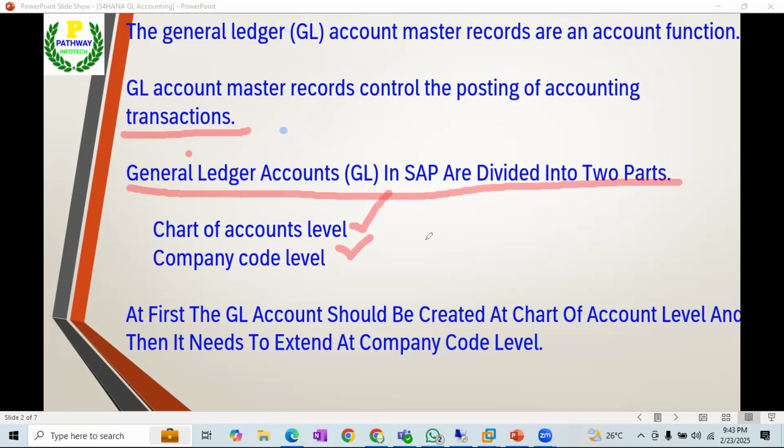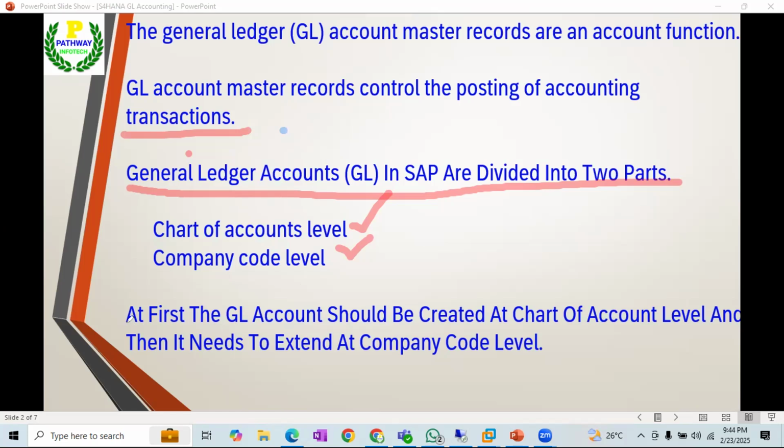In case I have two legal entities, they may perform different business operations. One legal entity may perform manufacturing operations, and another legal entity may perform sales related operations. In such situations, both legal entities do not require common GL accounts. That is the reason SAP came up with the concept of a chart of accounts level segment and a company code segment.